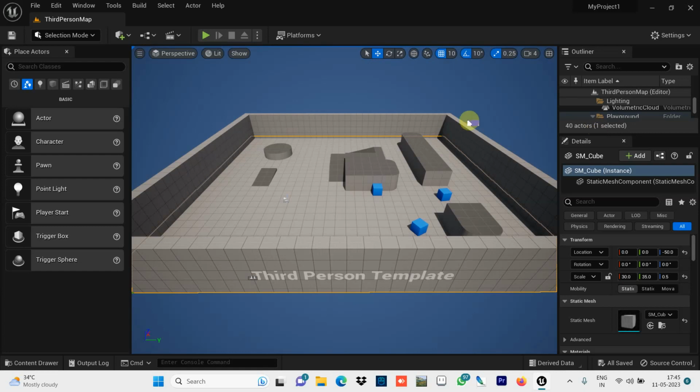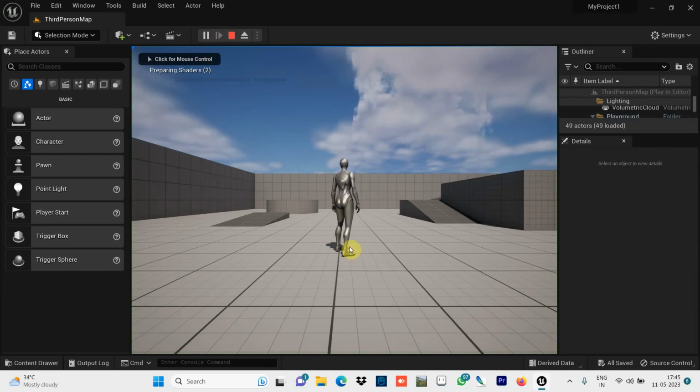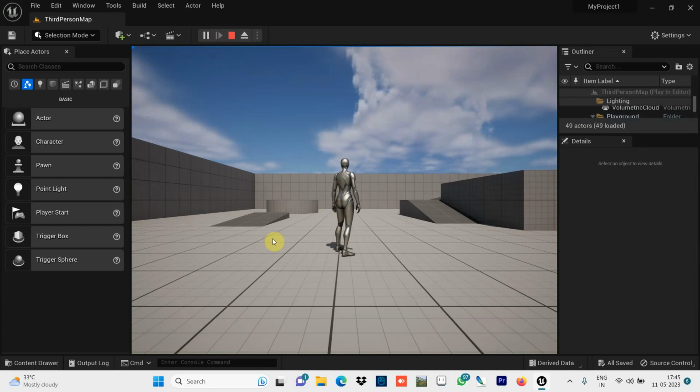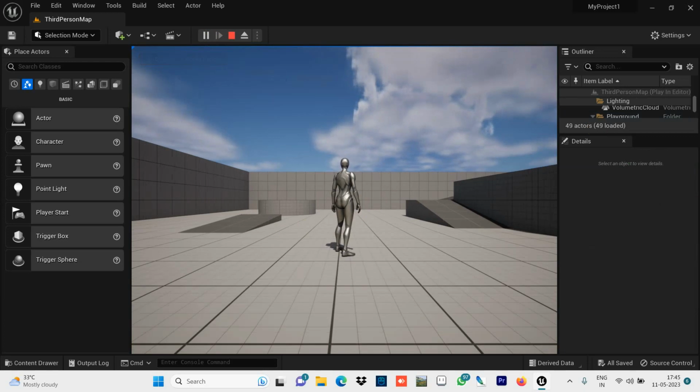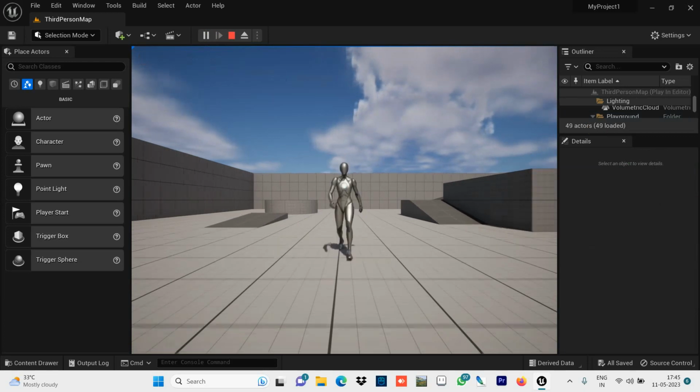So all the things you can check it here, and all things you can find it here. Then if you want to run it here, you can run. Can you see the third party actor is there? While keeping the right click, press W. See, W is for front. So suppose I want to go for back, then I have to go for back.